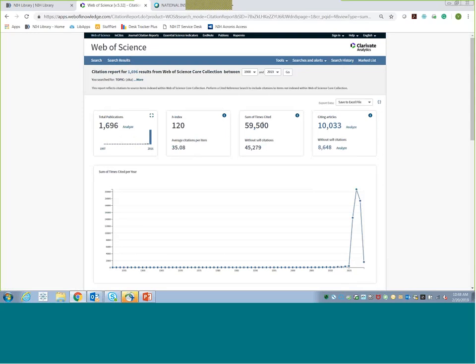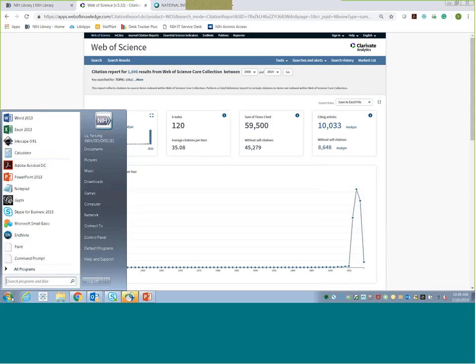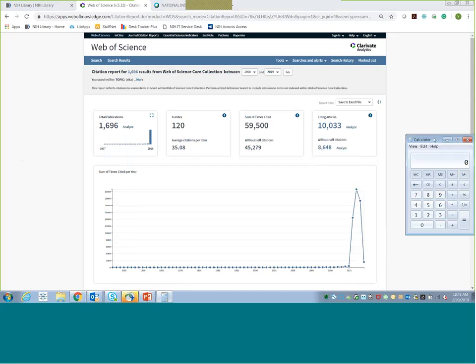And then this is the total citations that can be retrieved from Web of Science without self-citation. So if you want to do the math right now, you just pull out your calculator. This is the original citation count, right? And this is the citation without self-citations. So let's do the math. Minus